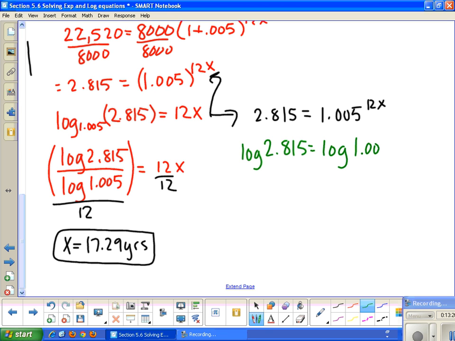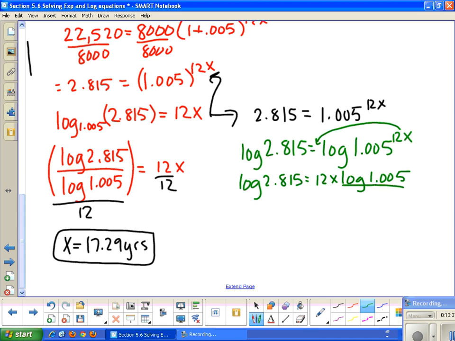If I solve the problem this way, that's okay. I would want to take this down first from your power, so then you would get the log of 2.815 equals 12x times the log of 1.005. And then notice that I have all of this being multiplied by the x, so that means I'm going to